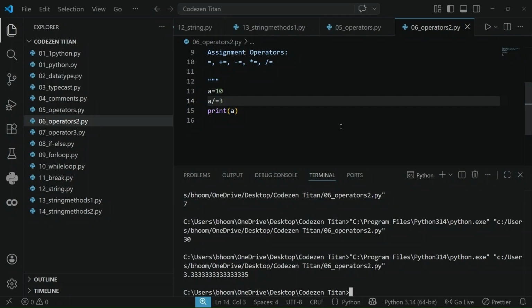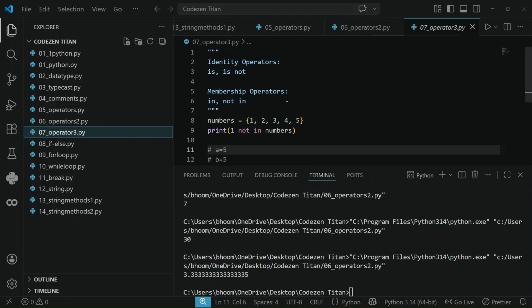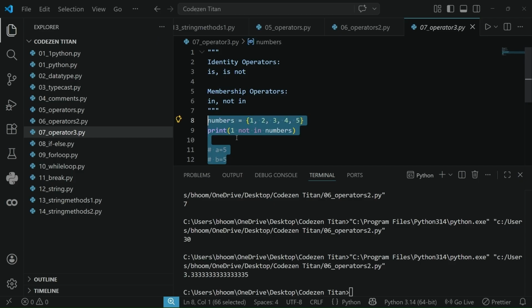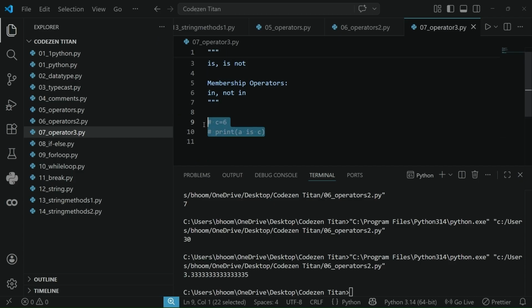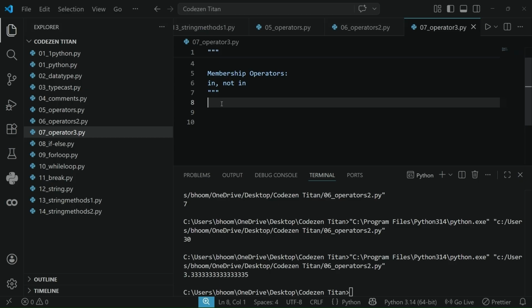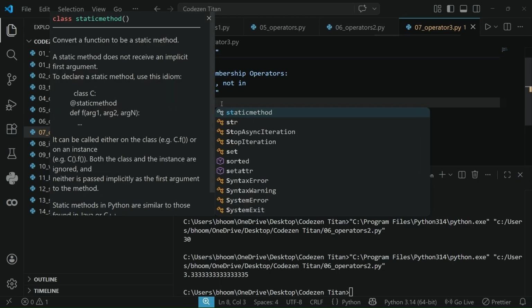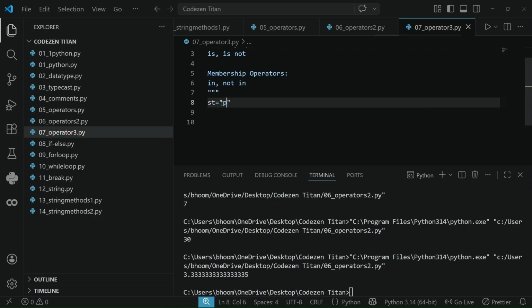Let's move on to our next operators now, which is the membership operators. So what the membership operator does is it checks whether a value or a variable exists within a sequence or not. The sequence could be a list, a tuple, a dictionary, or simply a string. So let's see, if we have a string, let's say string equals to Python,